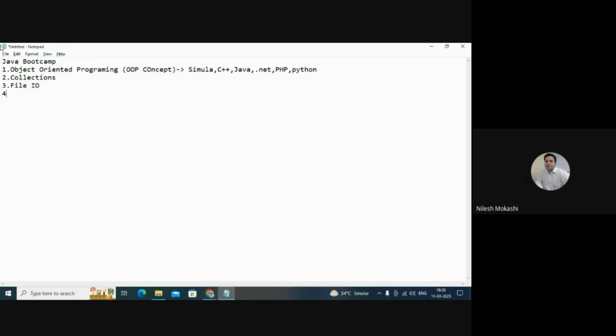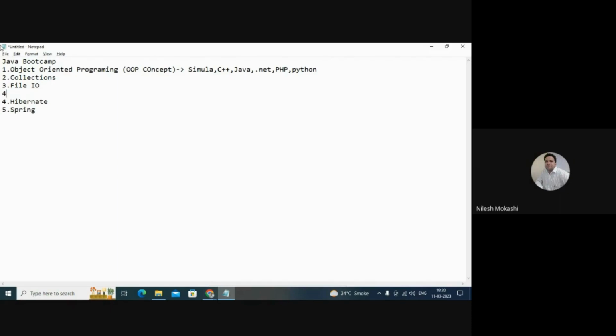The fourth topic is Hibernate. It uses ORM technology, object relational mapping, and it maps Java classes with database tables. I will tell you how on that particular day. I forgot to write JDBC here.